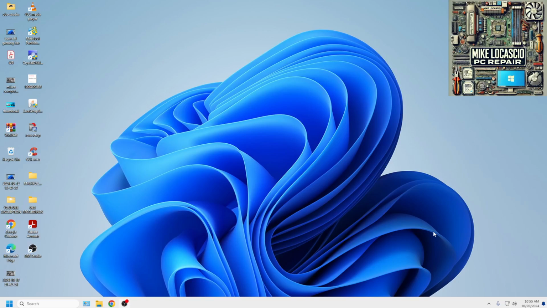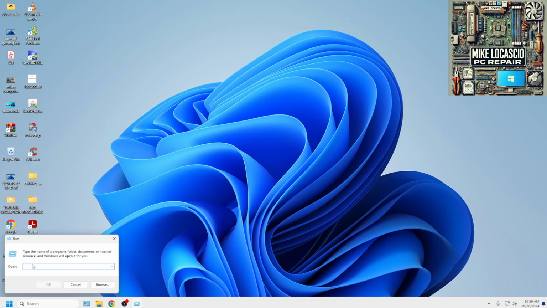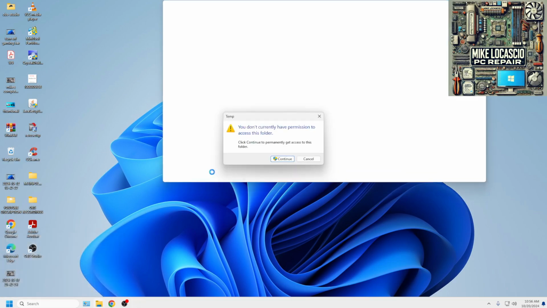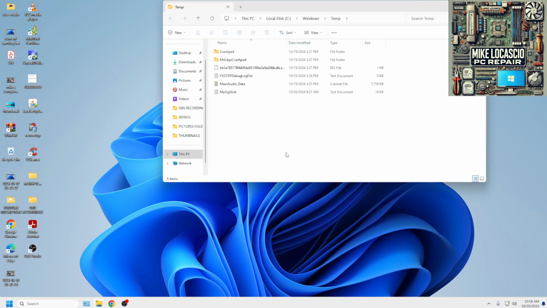I'm going to show you how to do some cleaning on your computer to speed it up and make it run faster. What you have to do first is right click on the start button, the Windows button, and then click on run. And in the run box you want to type temp, then you hit OK, and then you hit continue, and whatever you have in there, you can do Control A